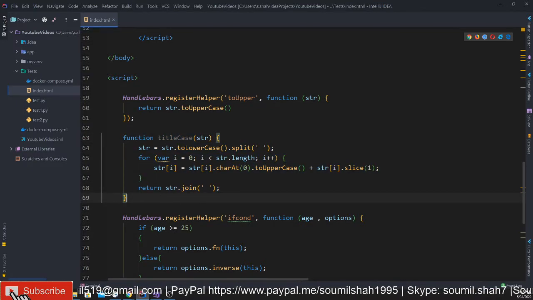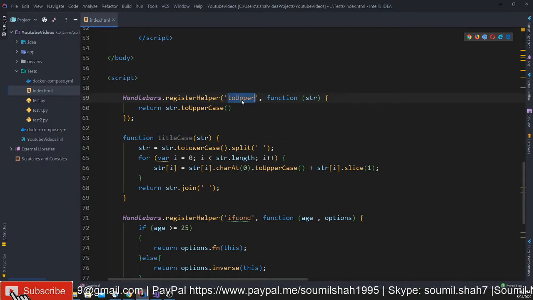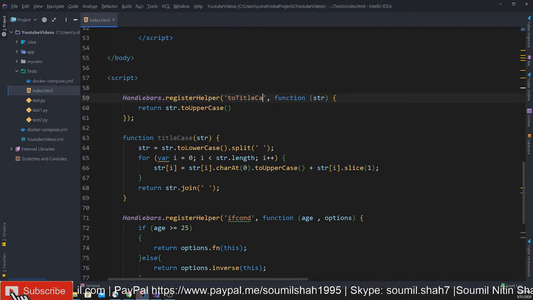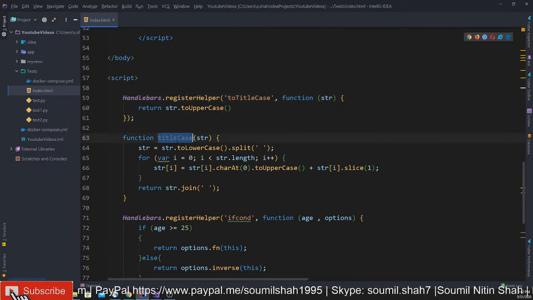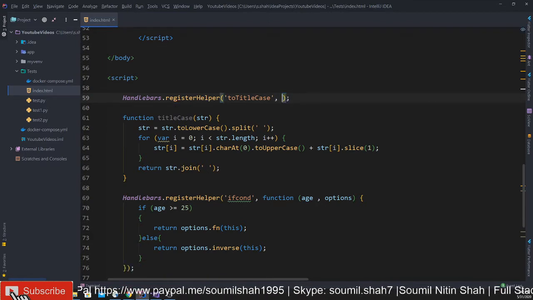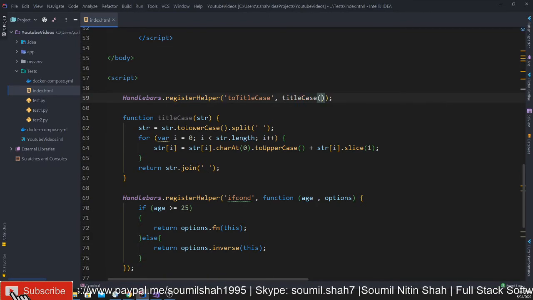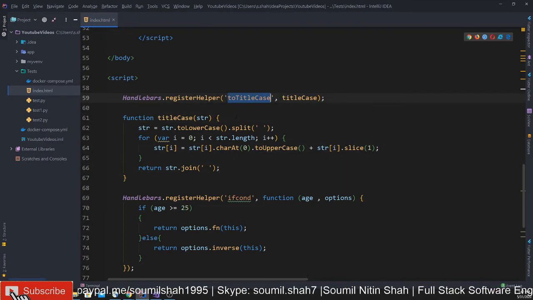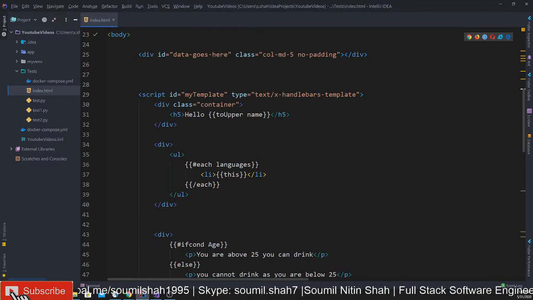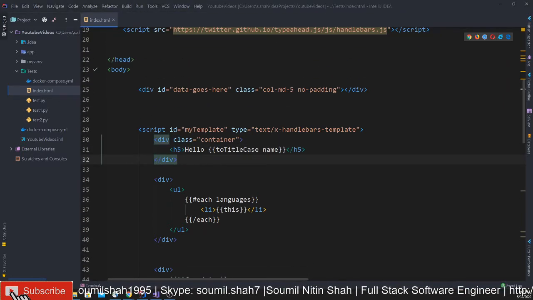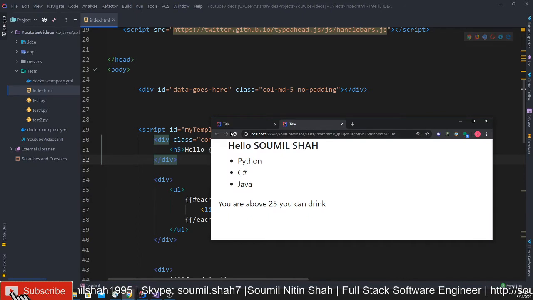What I could have done is, if I wanted to do title case, I'm going to register the template as titleCase, and instead of this, I'm going to call that titleCase, and here at the name, instead of toUpper, let's change this to titleCase. Now I'm going to refresh that and check it out.